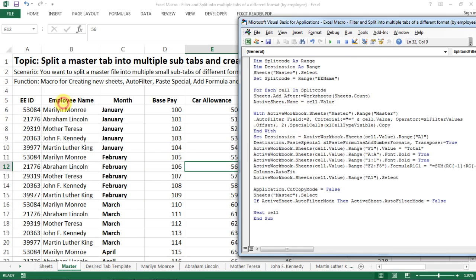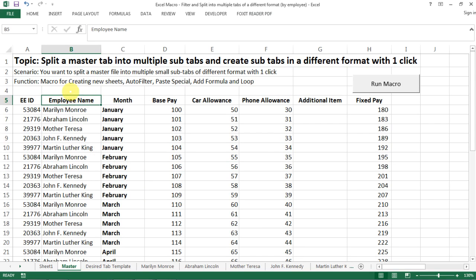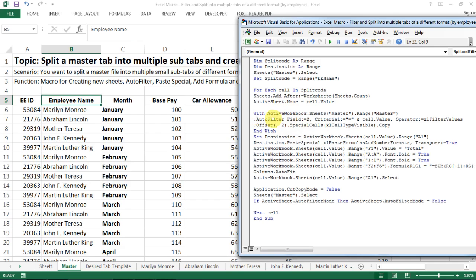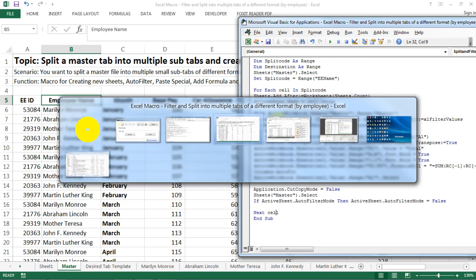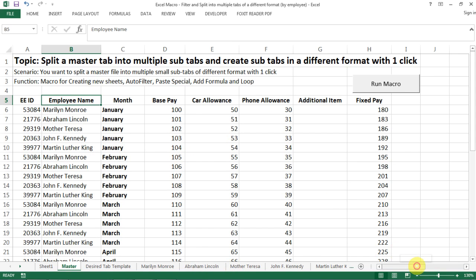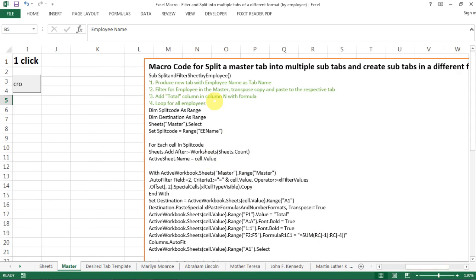And also, of course, if your employee name is not on the second column, if it's on the first column or the third column, then you just need to make sure you're filtering on the right field, right? So actually that is all that I want to share today,